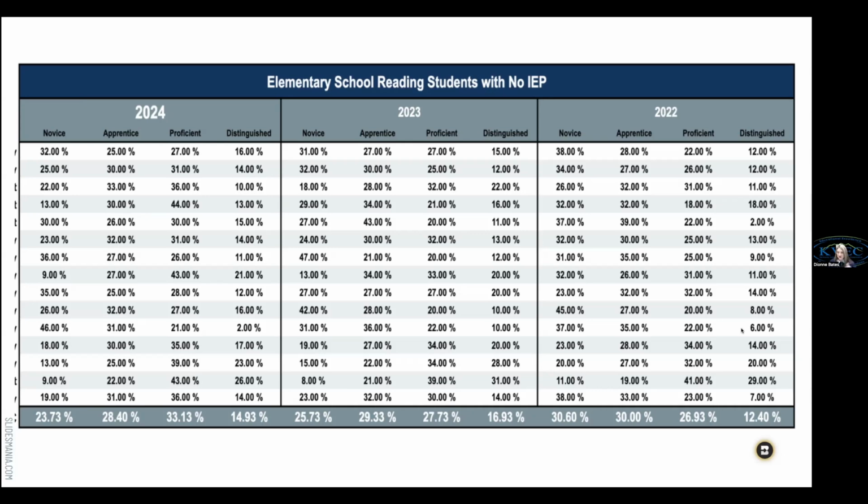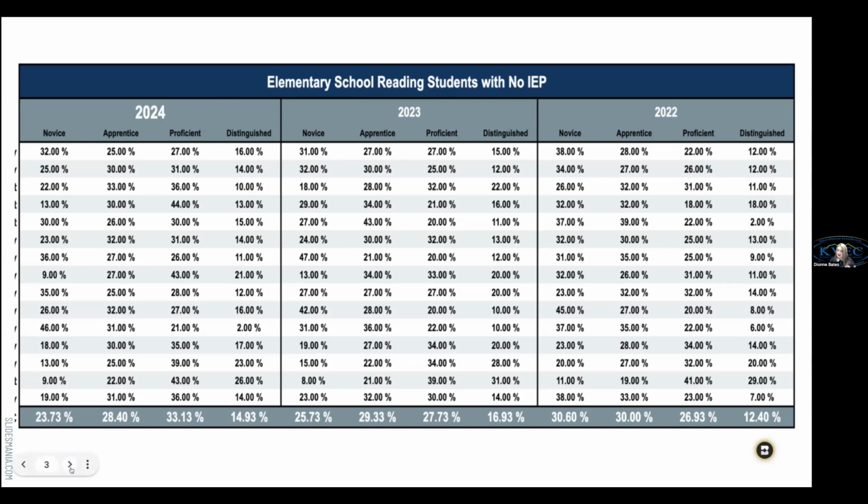And so each individual district is listed there. So your district would be included in the overall data set. But I just want to give you a second. Does anybody else have anything they want to comment about how the reading scores are for students with no IEP? Any other observations? So we did see an increase in the proficient.